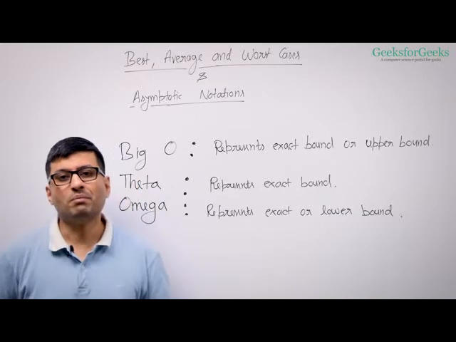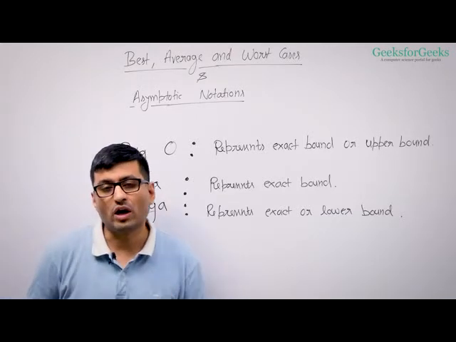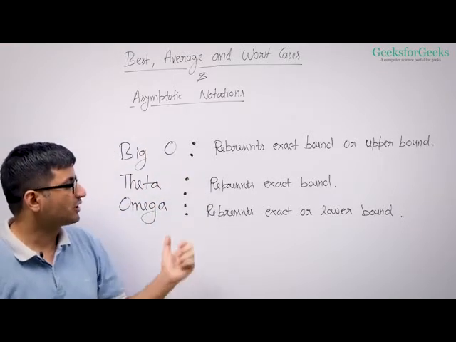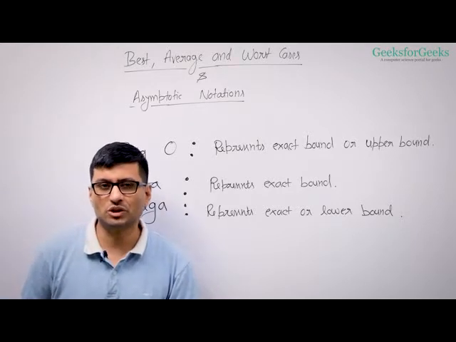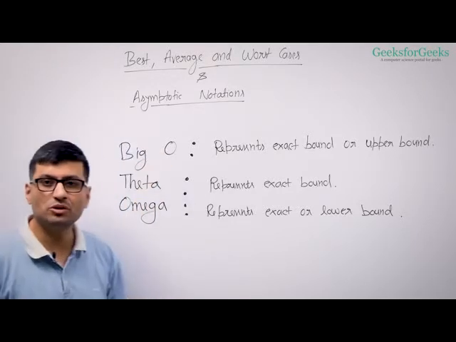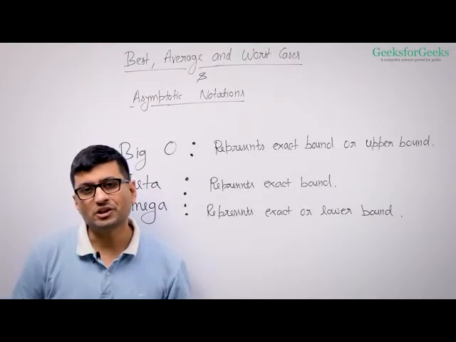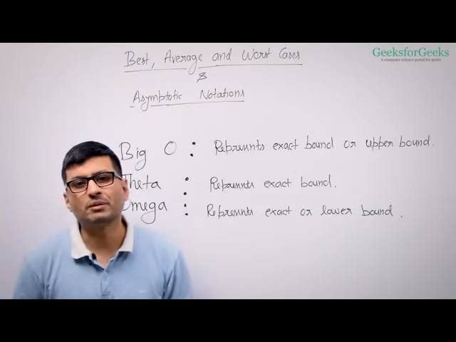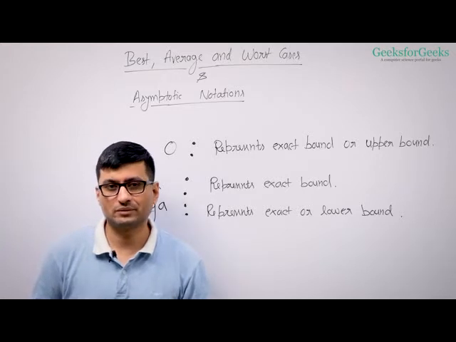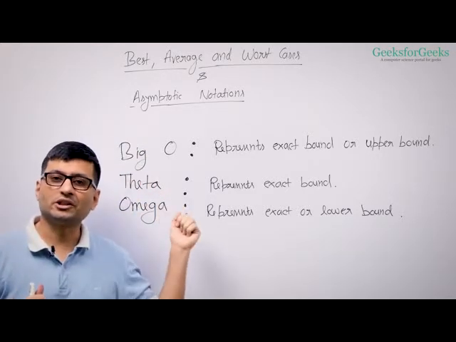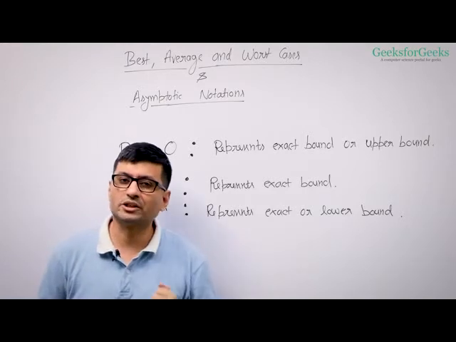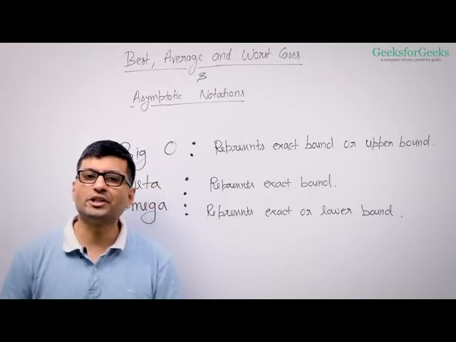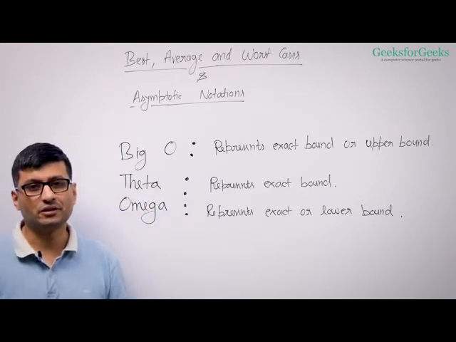Let us now talk about mathematical notations required to represent order of growth. These three are main mathematical notations. There are more, but these three are the most used. And among these three, Big O notation is the most used one. These notations are used to represent order of growth of a function. And this function generally represents the time taken by your algorithm. Same functions can also be used to represent space taken by your algorithm. So there are mainly three notations: Big O notation, theta notation, and omega notation.